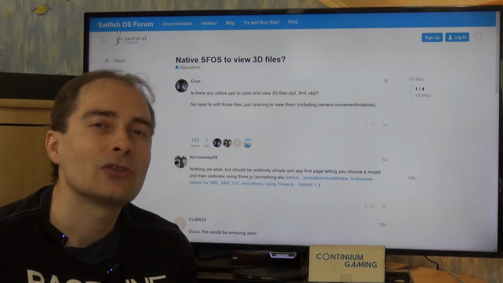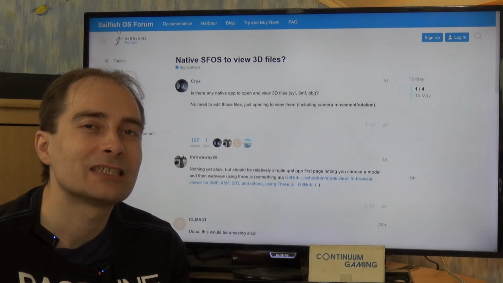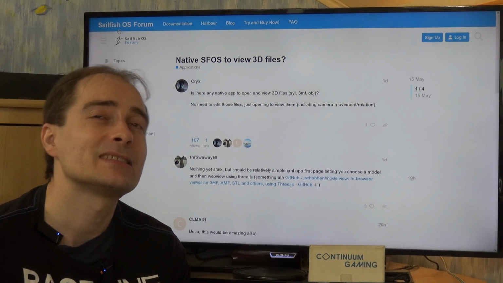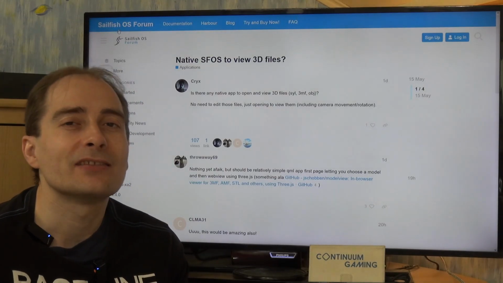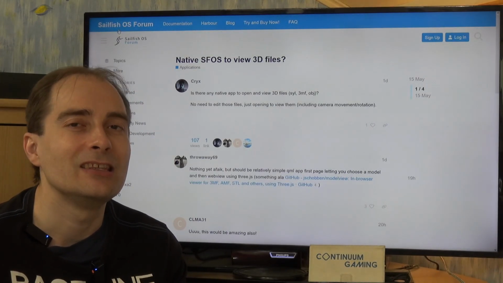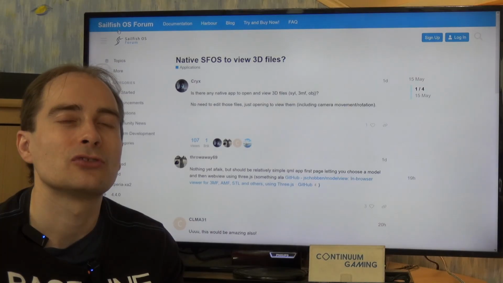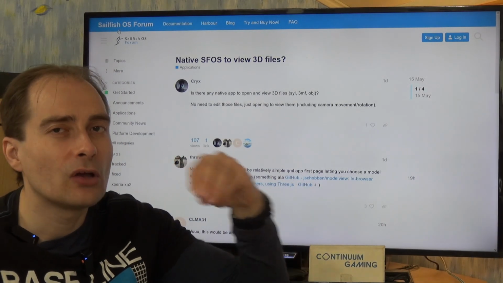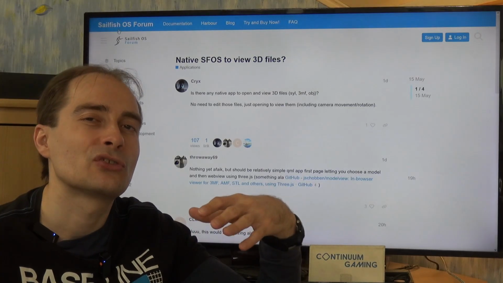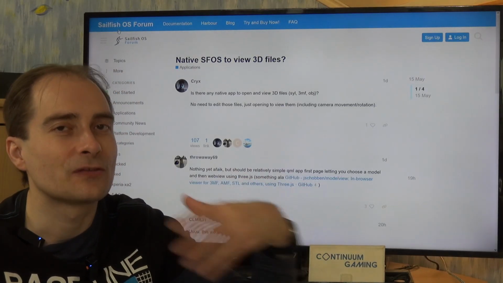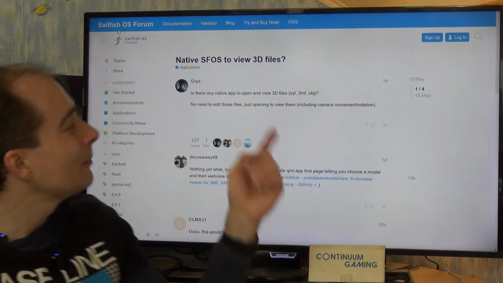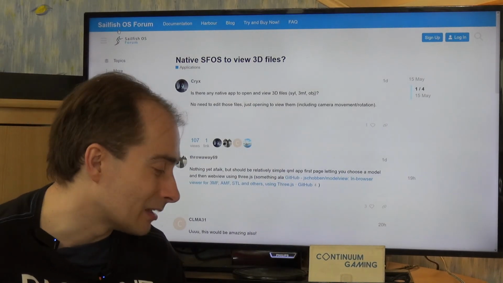Actually, there are a couple of different options to do that. For instance, there are open source, or at least available on the internet, some systems that can use that and give you the opportunity to show your models. But all of those would require you to more or less upload stuff to some kind of server, and maybe you don't want that, okay? And because of that, he's asking for something like